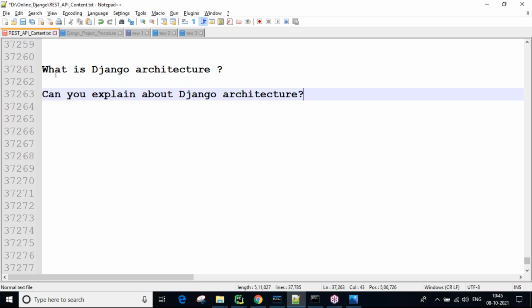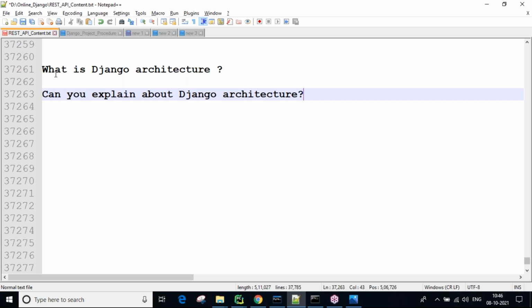Tell me about yourself is the common question, 100% common. Next, 70 to 80% of the time you get this question: what is Django architecture? Can you explain about Django architecture? The interviewer is trying to understand whether you know the basic idea about Django or not. If you know about Django architecture, then the interviewer plans to ask some more questions about Django.